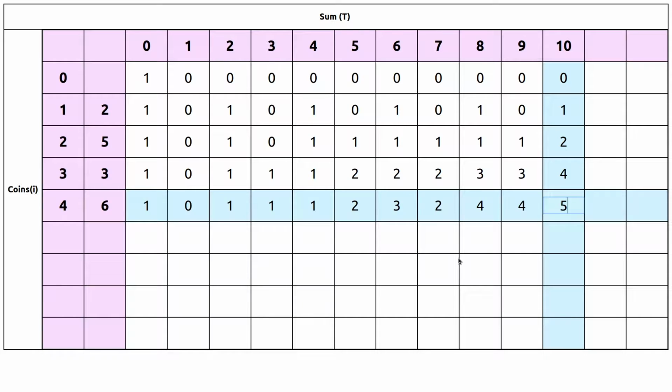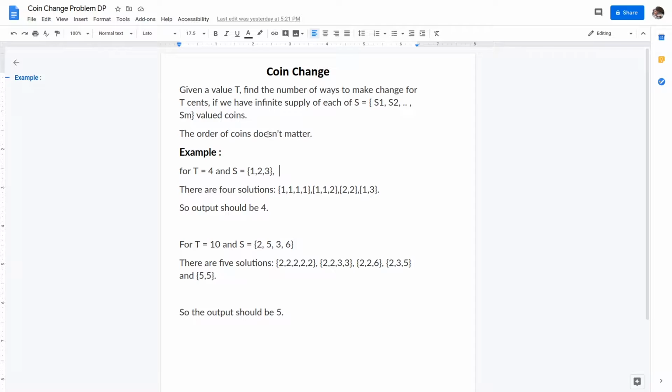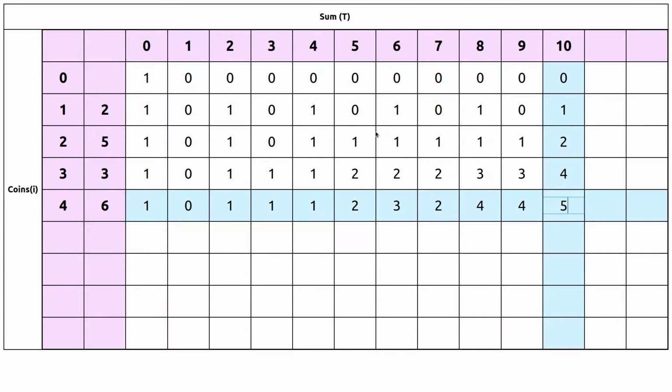Hi guys, in the last video we solved the coin change problem using the bottom up approach by making use of this table, and we found out the number of solutions for a given sum value t and a given set of coins. In this video let's actually try to find all the possible solutions, not just the number of solutions but the actual solutions. Let's try to print out all the solutions. Also, let's try to further optimize the bottom up solution that we have already found out.